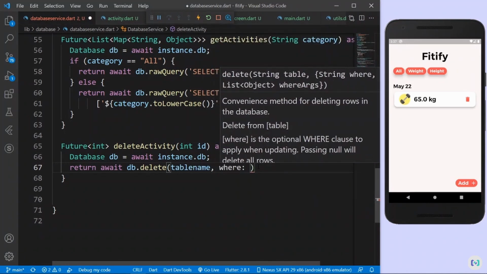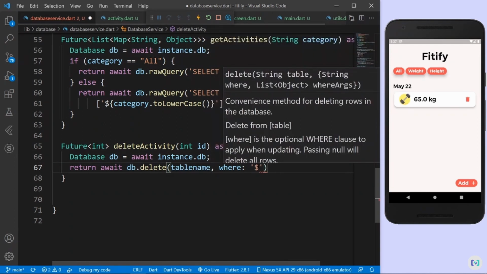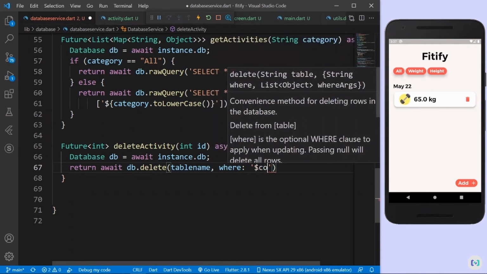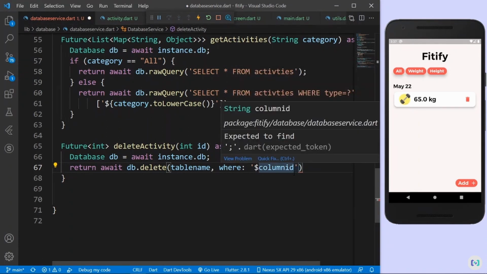So what are the parameters? Depending on the parameters, I'm going to just delete it with the ID, right? So where the column ID, this is a variable up there, right? So where the column ID is equal to question mark,